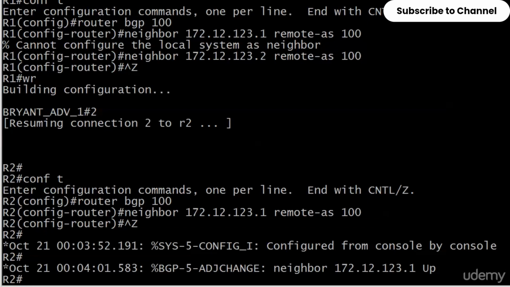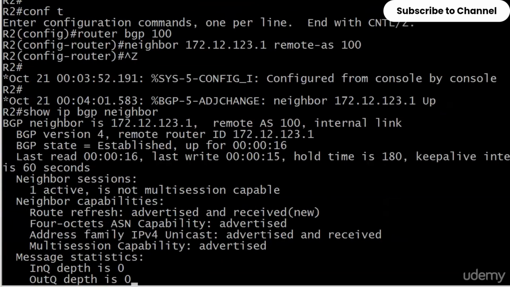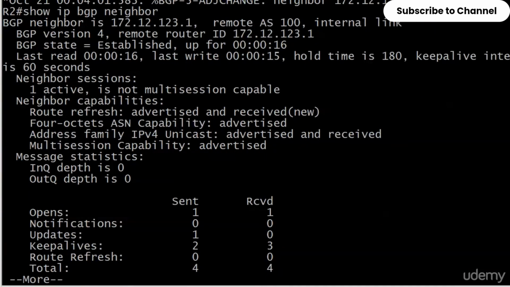172.12.123.1. Now, we know one command to see our neighbor information, and let's try it on router 2. Show IP BGP neighbor. We know that we can filter this by specifying the IP address of the neighbor, but we also know right now router 2 only has one neighbor, so there's no reason to do that. We know to look for the BGP state of established. We see that. We love that. This also shows you how long the adjacency or the peering has actually been up, what the remote RID is,